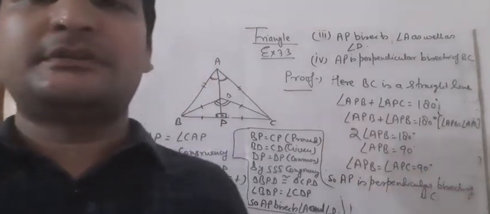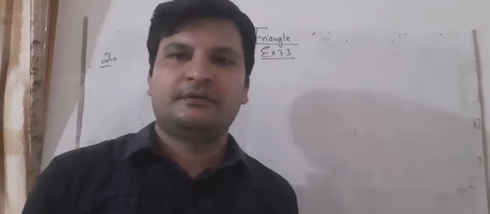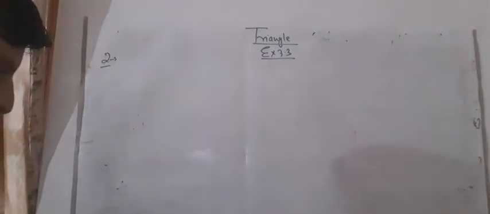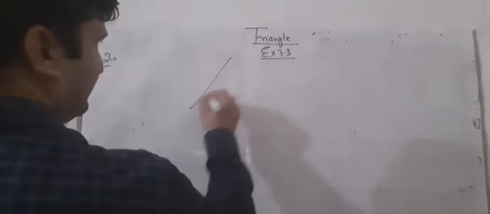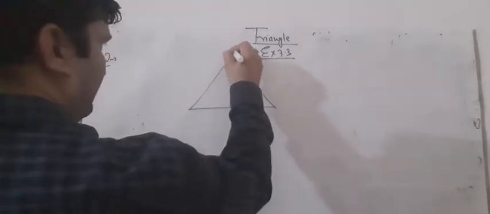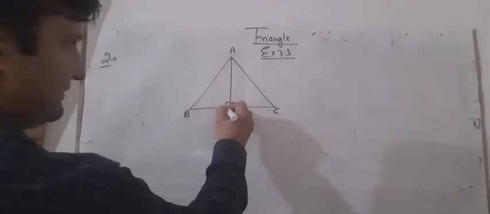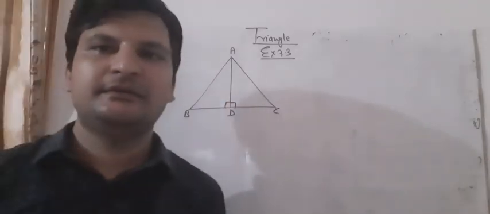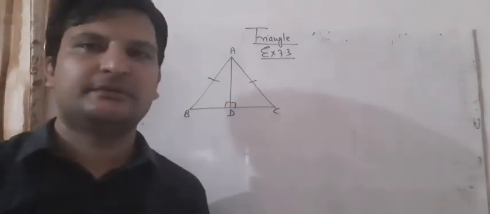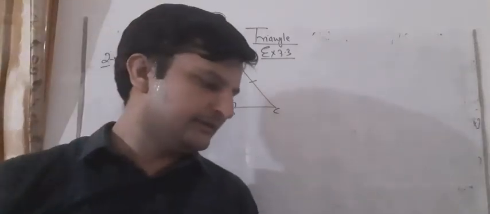Now we will do question number 2, students. Now note it down. The second question is: AD is an altitude of an isosceles triangle ABC. Altitude means this will be of 90 degrees, and it is given that ABC is an isosceles triangle. It means this is equal to this. This is a very easy question, in which AB is equal to AC, so that AD bisects BC.